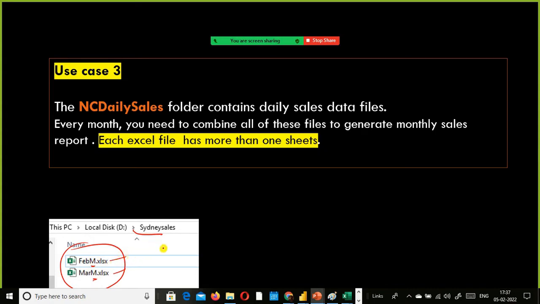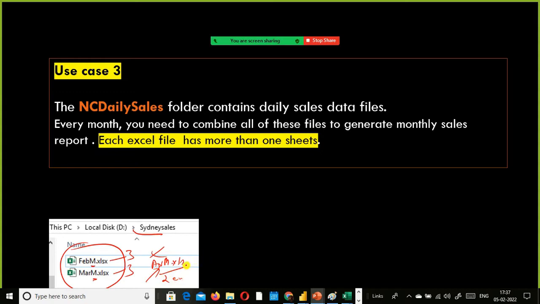And then we'll push the APR m.xlsx to this folder, and we will make sure that it has only two subsheets. Here we have three subsheets for these two files. Each file has three subsheets, whereas here we'll try with only two Excel sheets.